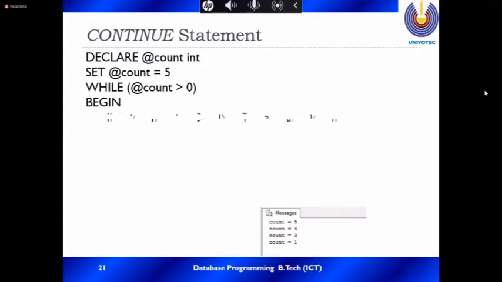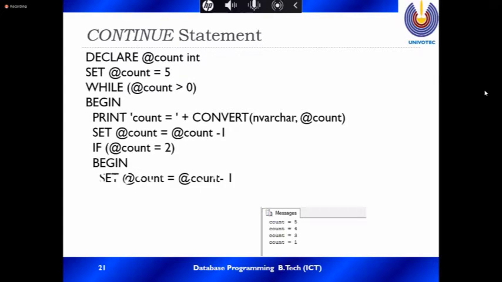Okay, this is the example. For the count 2, it is skipped. Declare @count int, set @count equal to 5, while @count greater than 0, begin, print the count.